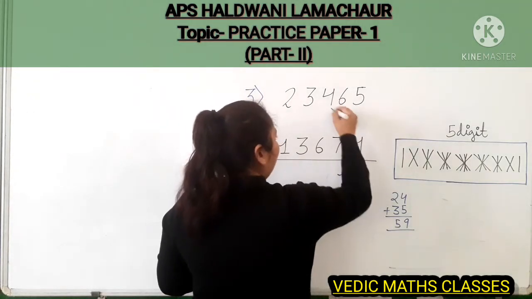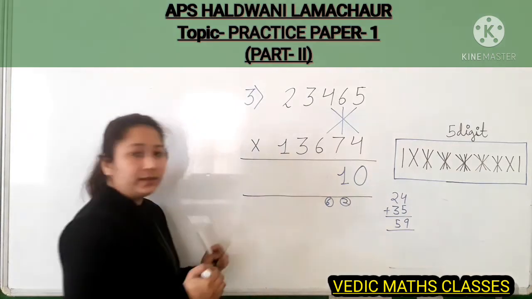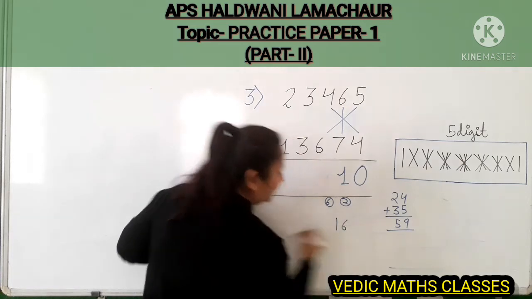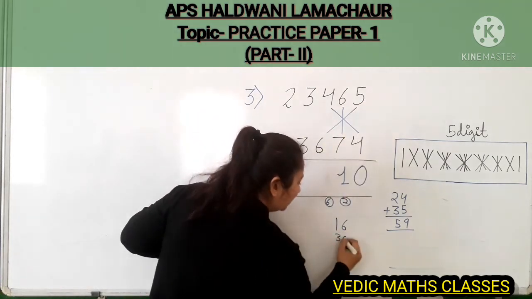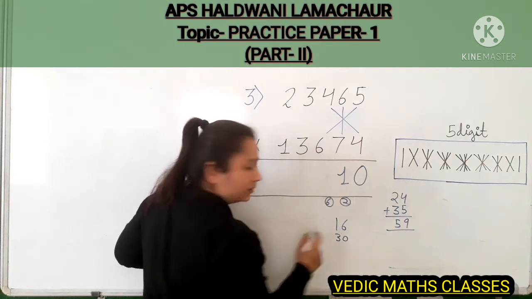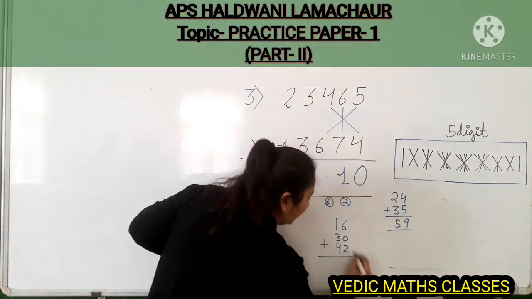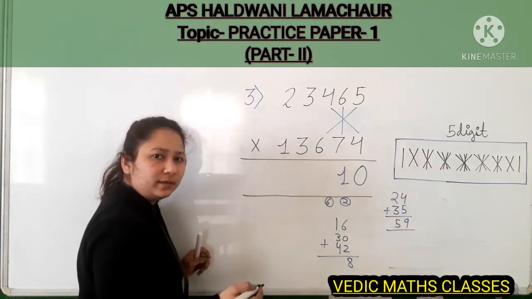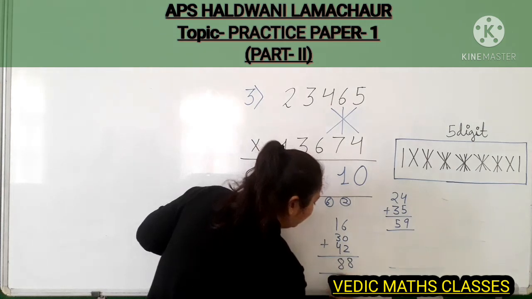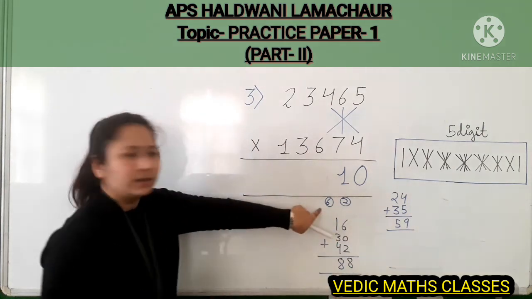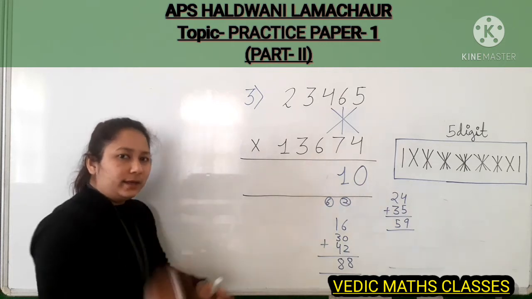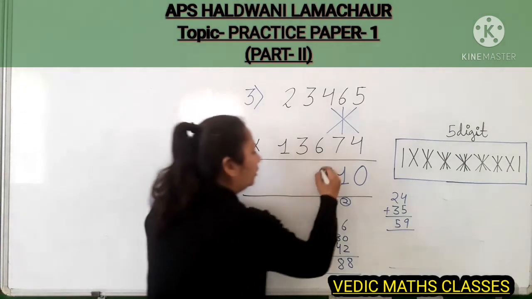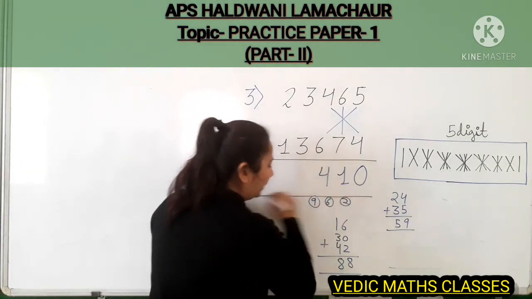Now 3. We are taking the numbers from right hand side. Now 4 4s are 16, 6 5s are 30 and 7 6s are 42. Add them. 6 plus 2 8, 4 plus 1 5, 5 plus 3 8. 88. Now 88 plus 6. 88, 89, 90, 91, 92, 93, 94. 94, 4 here, 9 will go carry.